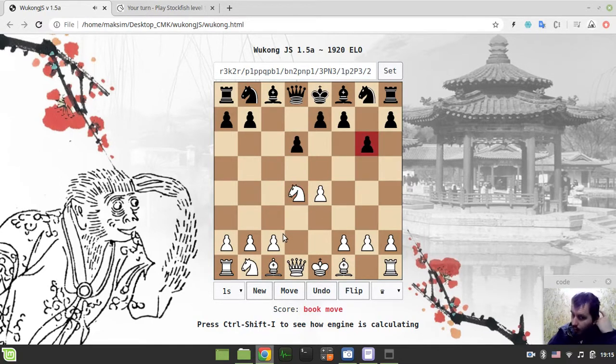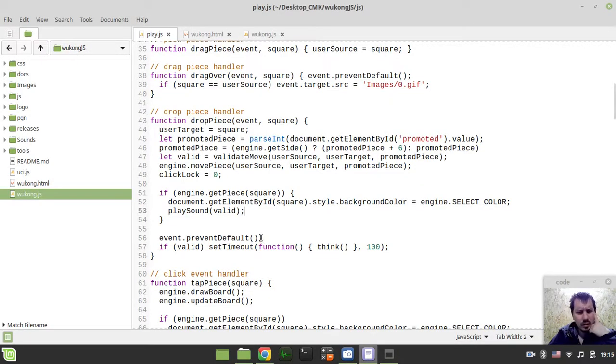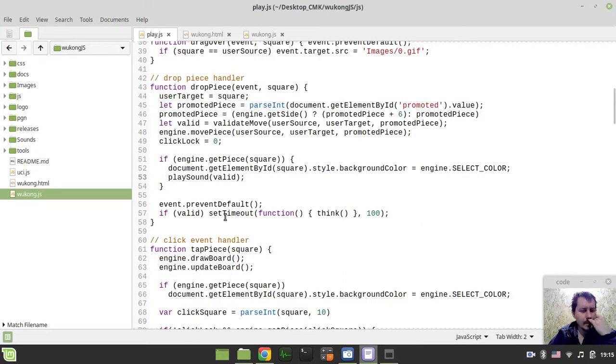Okay, so now I don't really want to be dealing with this in the live mode, to be honest. But so if there is a piece on the target square, user target,